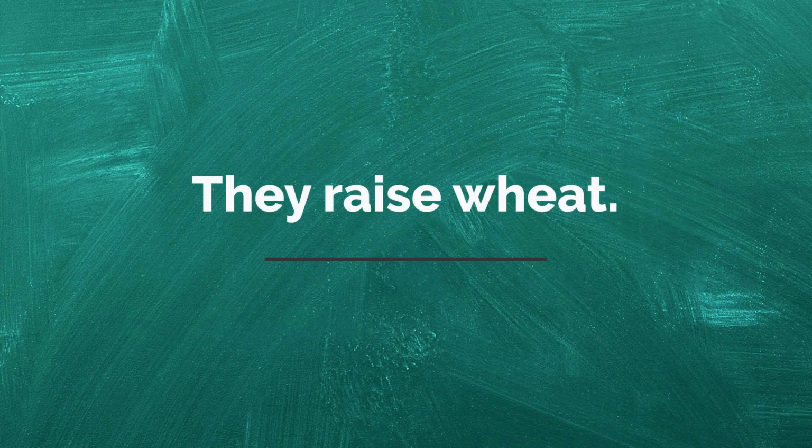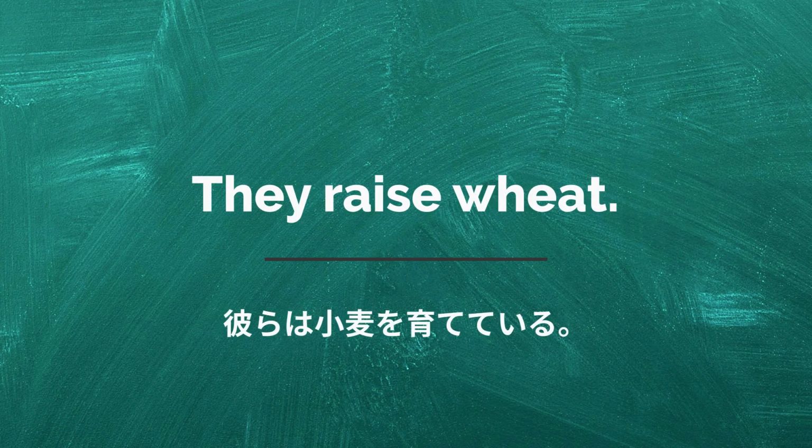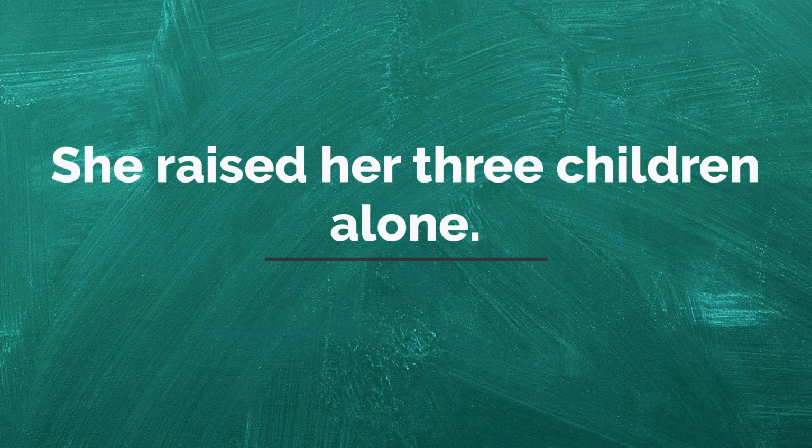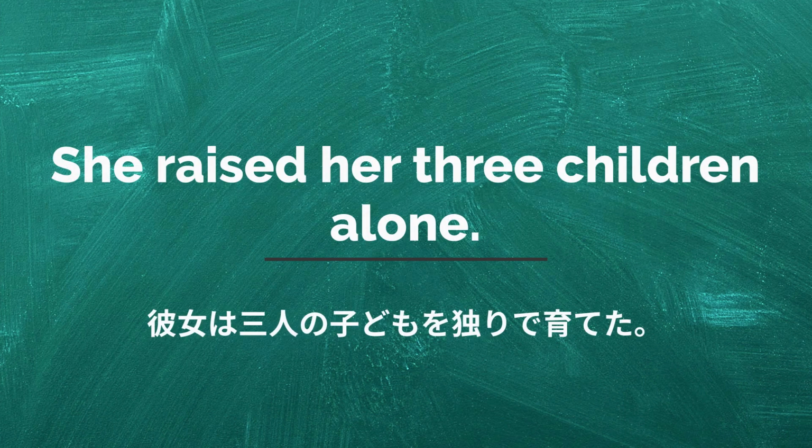They raise wheat. 彼らは小麦を育てている。 She raised her 3 children alone. 彼女は3人の子供を一人で育てた。